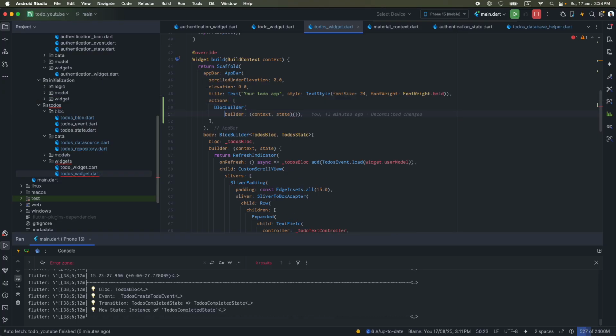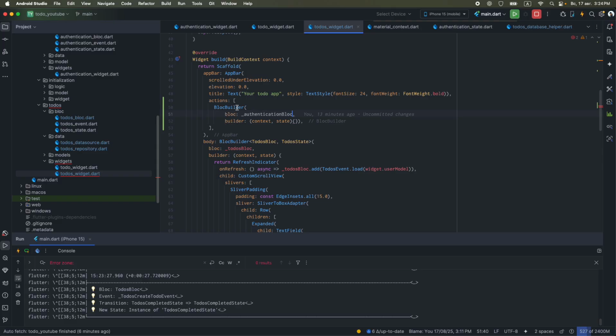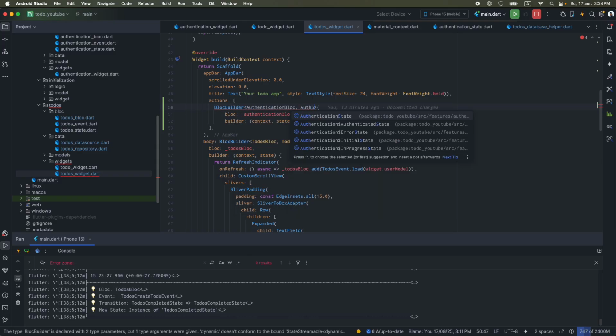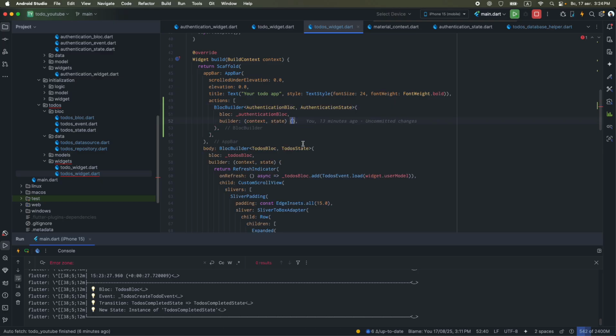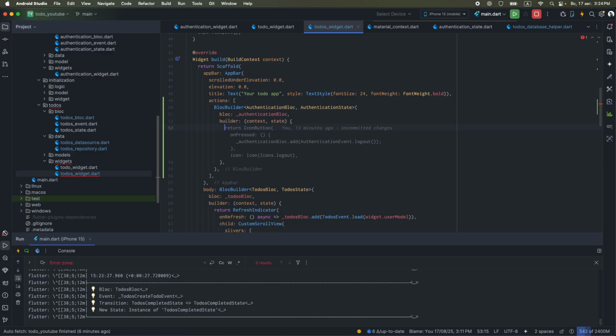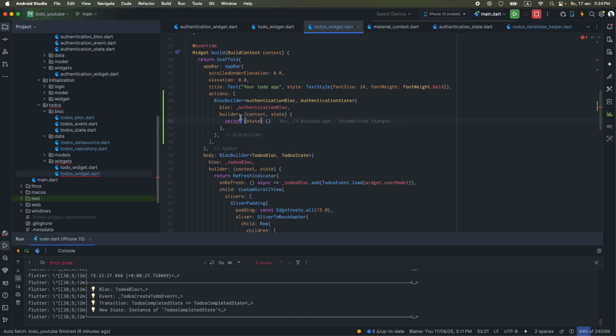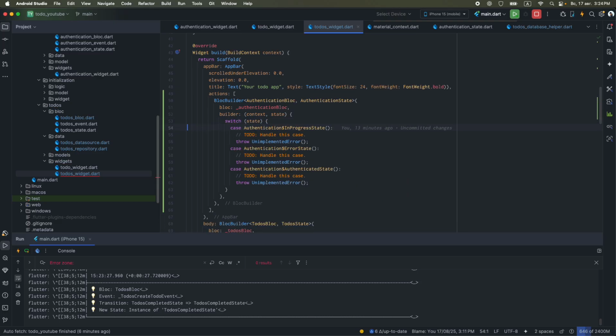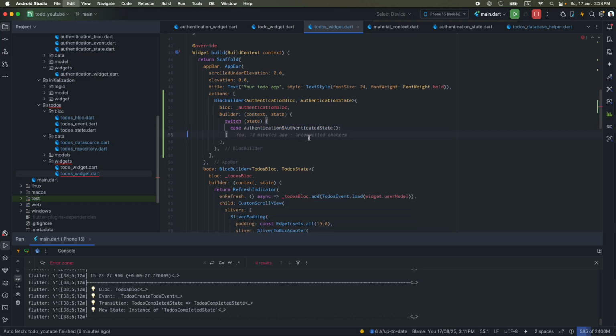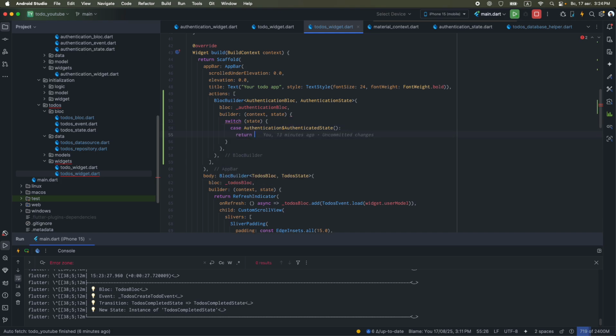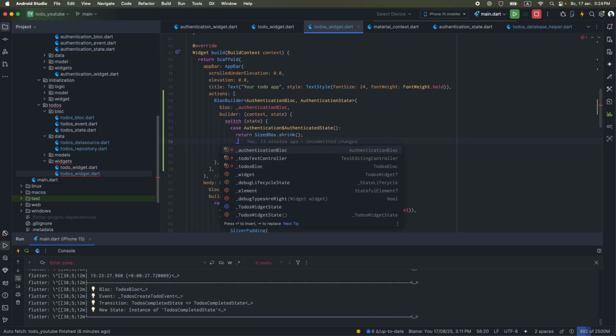We have to use our BLoC and say that it's our authentication BLoC with authentication state. Switch state, if my state is authenticated, I will do something. So I can use a sized box, maybe SizedBox.shrink, or if it's some kind of another state